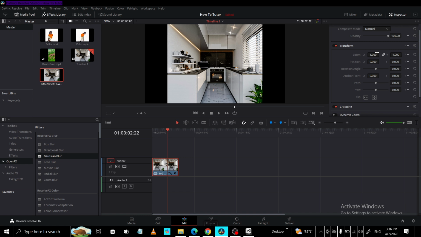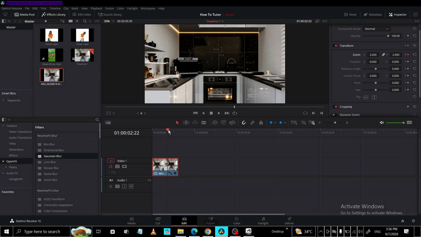With the playhead at the end point, go back to the zoom setting in the inspector. Now increase the zoom to a larger value like 1.0 or even higher if you want a more dramatic push in. As soon as you change this value, the software will automatically create another keyframe at this new time with the new zoom amount. What you've just done is tell the editor to animate the zoom from the first keyframe's small value